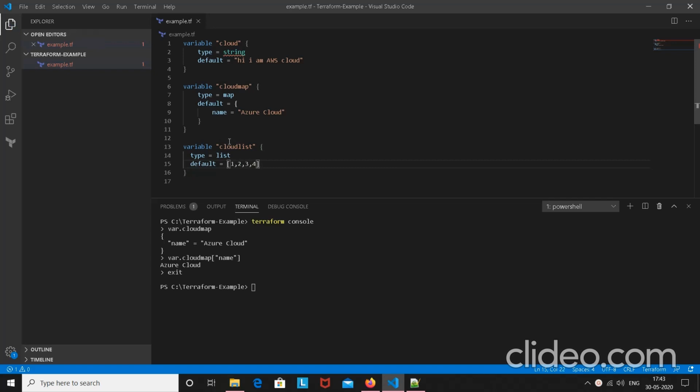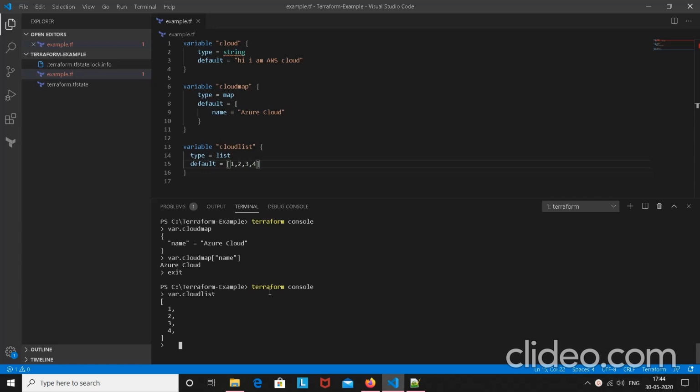I'm going to save it. Now again I need to go inside the Terraform console. Now I need to call the cloud list variable, var.cloud_list. Enter. You can see I got the values.